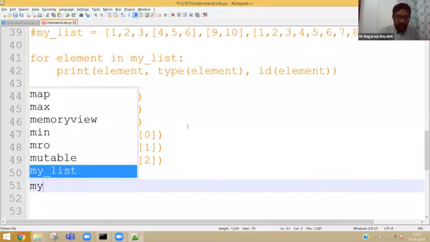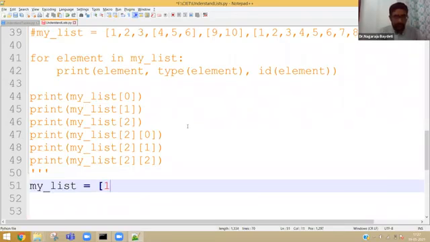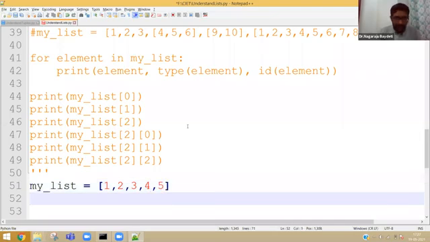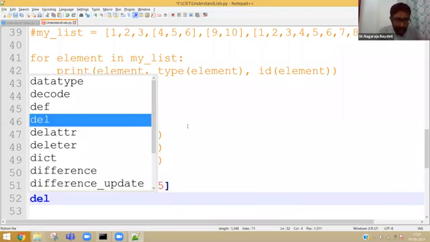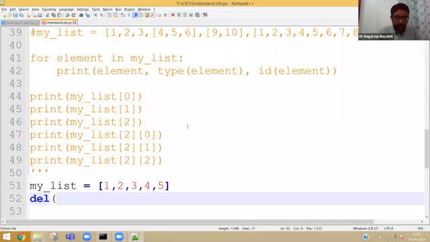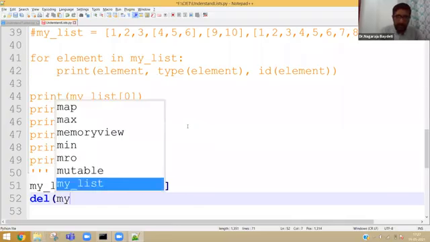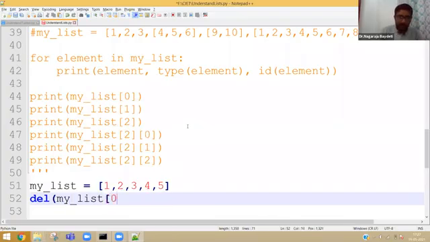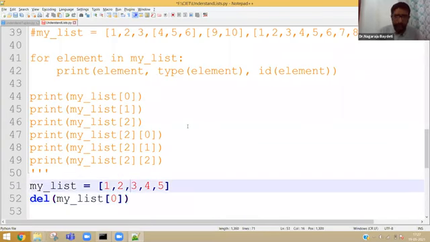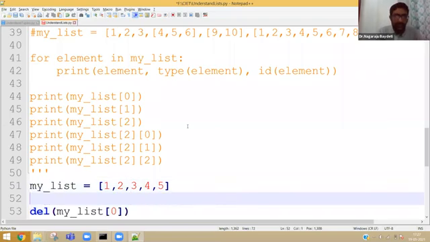My list is equal to, in square brackets, 1, 2, 3, 4, 5. I can say delete my list of 0. Delete is a keyword. When you call it, it deletes an individual item, or if you give my list, it will delete the entire object. Delete basically deletes the object.